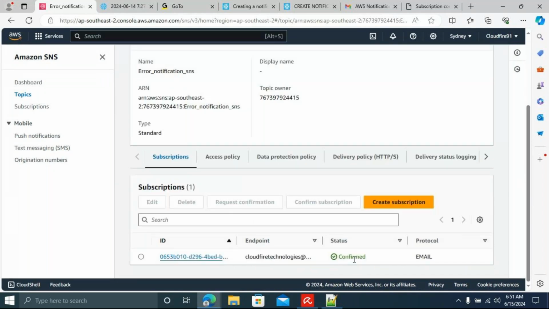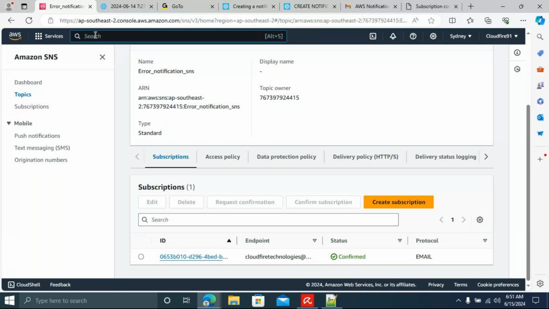Now the status got confirmed. Whoever publishes messages into the SNS topic, the subscribers will be able to consume these messages from the topic. What queue am I using here for SNS? Standard queue. This is best effort message delivery, and the message will be delivered at least once. It supports SQS, Lambda, email, SMS. We have various subscription types as well. Good. Now the next thing I have to do.